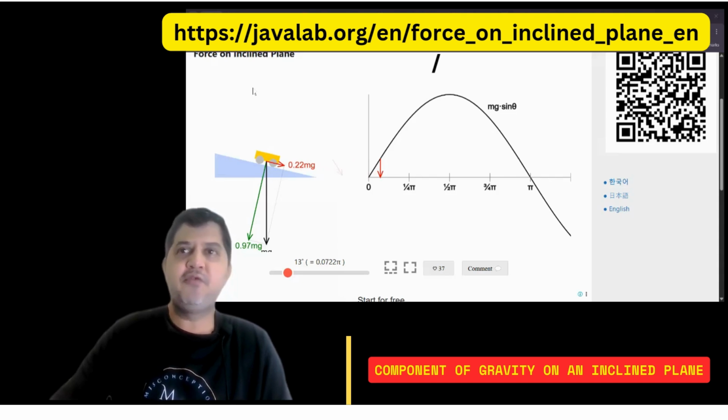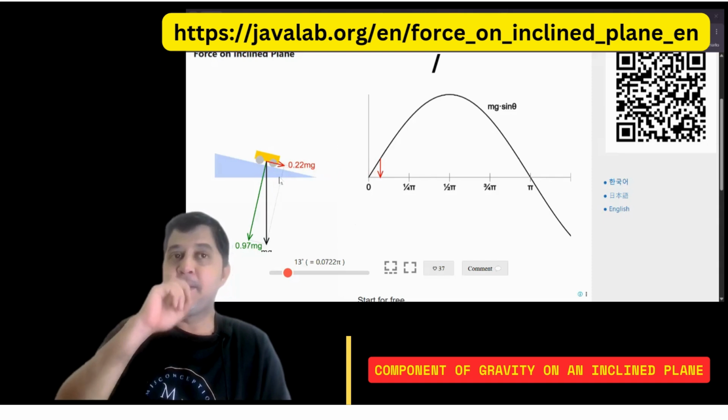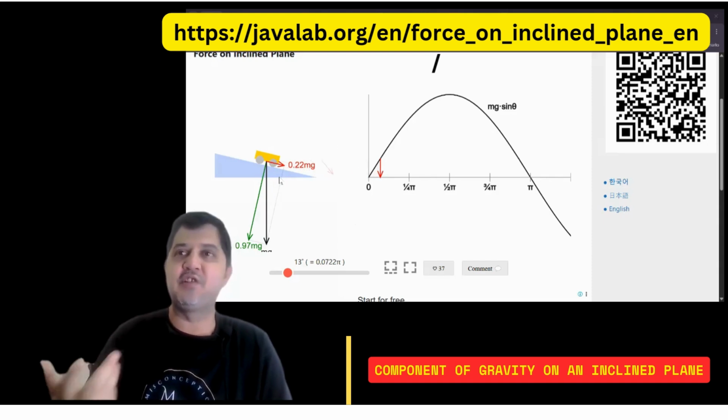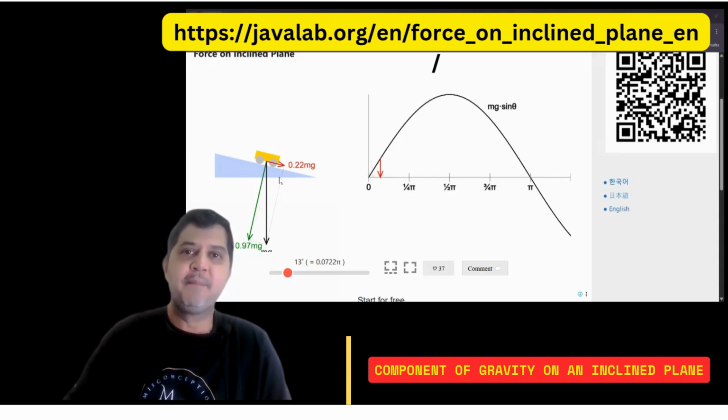The first one is about the force on an inclined plane. So you have an inclined plane, and any student in the beginning, when you ask them why does the cart actually come down, the first thing they say is that gravity acts on it. But actually gravity acts downwards. So why should it come down in this way? Then they will not be able to answer it, and they get stuck over there. Sometimes they say friction and so on. Many misconceptions are there. So the easiest way to explain this is using this simulation tool